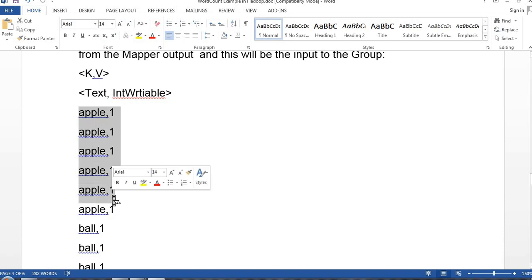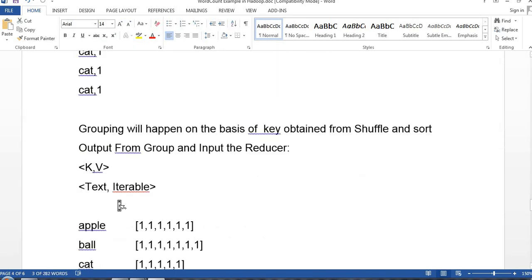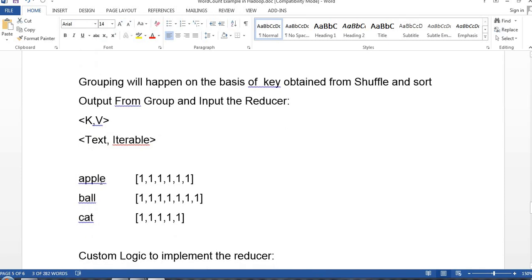So apple came first, and then the ball, and then the cat. And then it moved to the grouping phase where it will group all the values of a unique key accordingly. For apple, how many ones are there? It will group it. For ball, how many ones are there? It will group it. For cat, how many ones are there? It will group it.